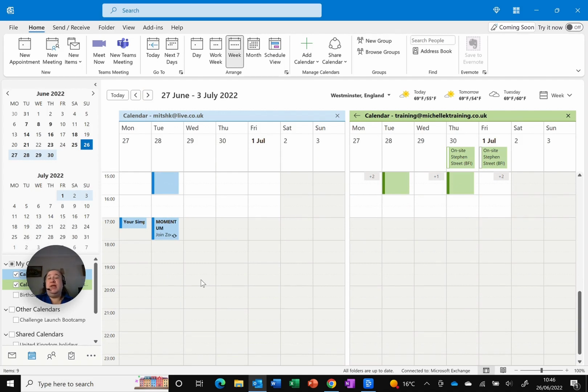Really quick and easy, and not only can I click and drag to create a new appointment, but I can click and drag into the other sections as well. So it's a really useful way to not only create appointments, but contacts, tasks, and any of the other sections